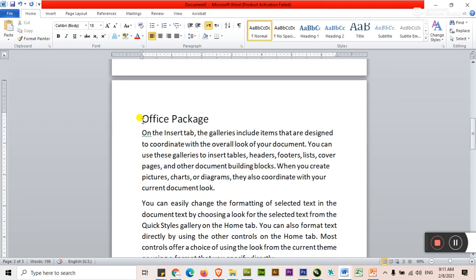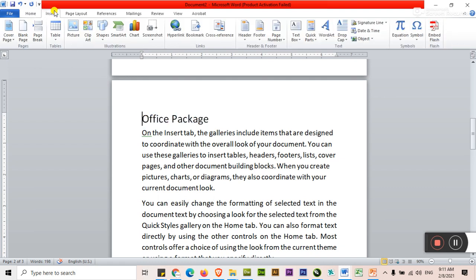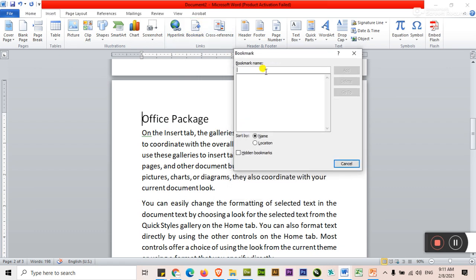On the second page, just click your mouse at the beginning of the heading, office package. Click here, Insert, press Bookmark, and insert a bookmark here. The bookmark name always consists of a single word and always starts with an alphabet, not with a number. When I type 1 A B C here, the buttons are still disabled. When I type office, it will open. When I give a space, package, again it's disabled. The conclusion is that for assigning a bookmark, it should consist of a single word and always start with an alphabet, not a number.